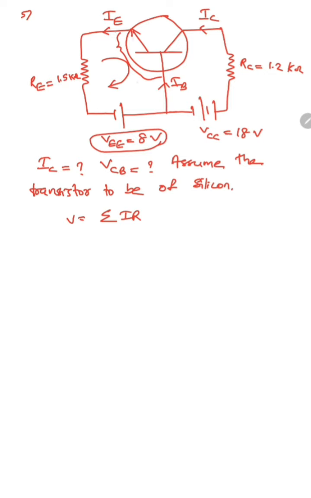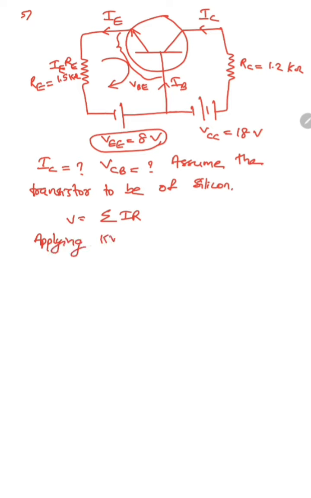Voltage across emitter and base is known as VBE. The voltage drop across the resistance is IE into RE. So applying Kirchhoff's law we get,